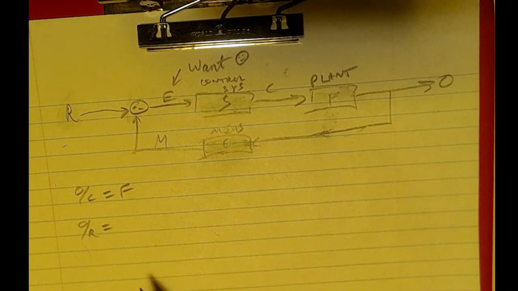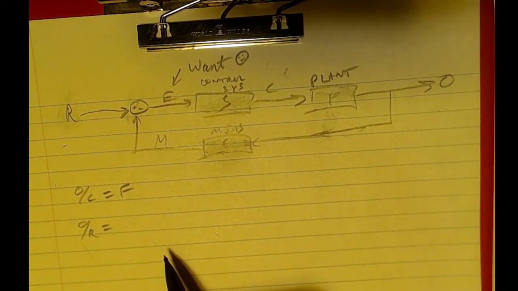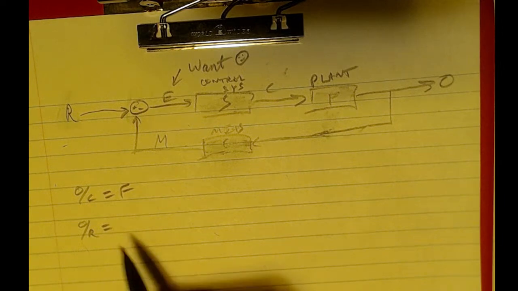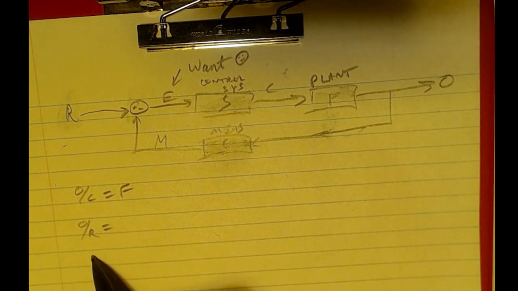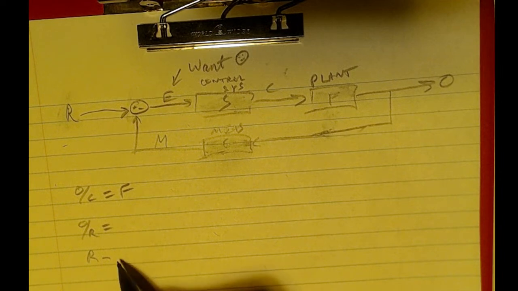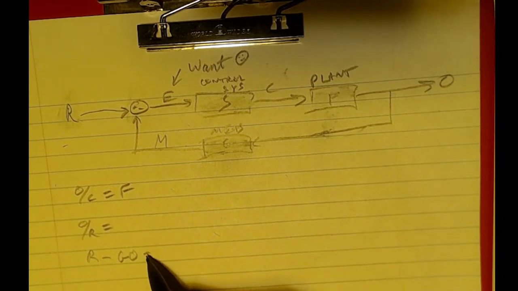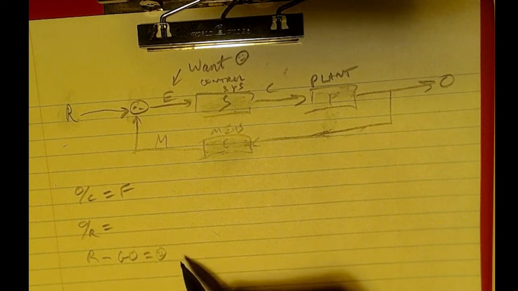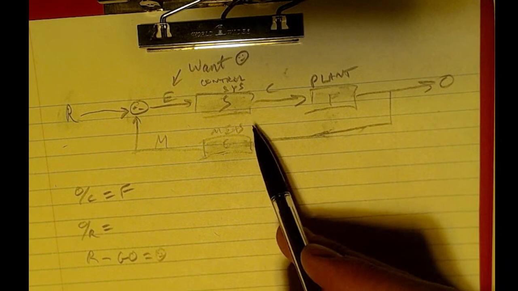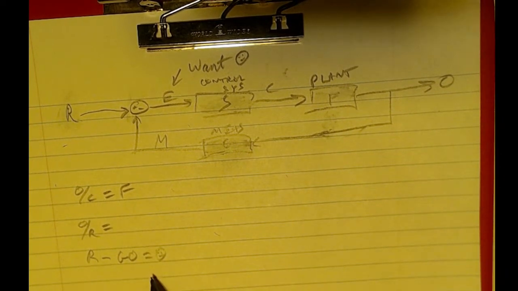So O over R is equal to, we have that R minus G O is equal to 0 if everything's okay. Assuming we were able to solve the control problem and make this work, then we have R minus G O equals 0. And we also have that